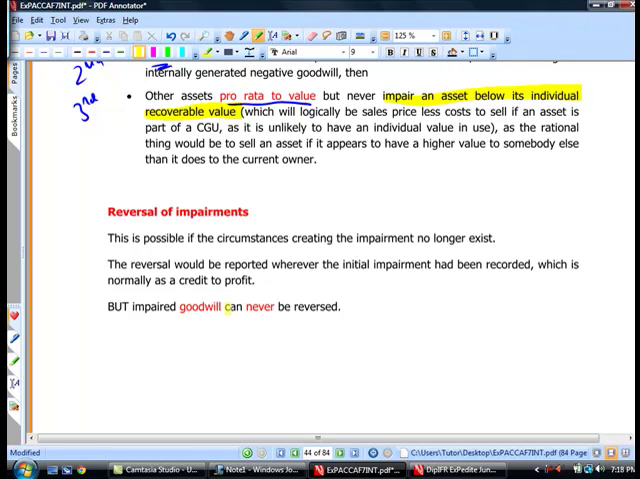Any reversal in a cash generating unit will be done first of all if the impairment no longer exists, and normally it will be reported as a credit to P&L. But there is one rule to remember: goodwill can never be reversed. Why? We covered this, if you remember, in IAS 38 also. It will actually mean that we will be recognizing in